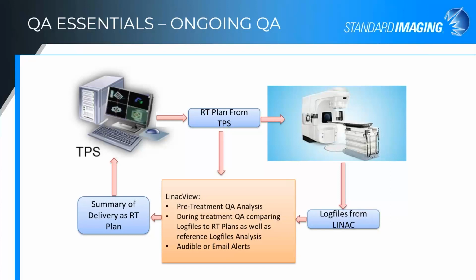But then, if something's a little funny, if you have a beam interrupt for whatever reason, or some other alert is generated, you can export today's treatment as a new RT plan that you can re-import into your TPS and calculate the dose with that algorithm that you've commissioned, that you trust, and compare those doses with what you intended to deliver. So it's a really nice kind of security blanket safety mechanism running in the background,